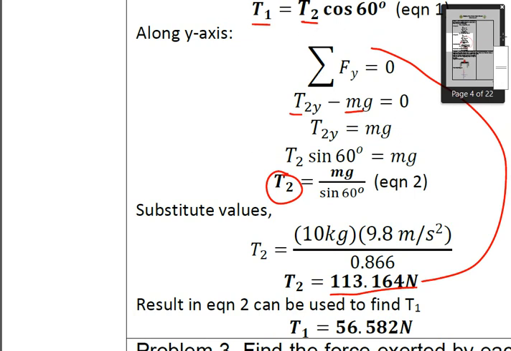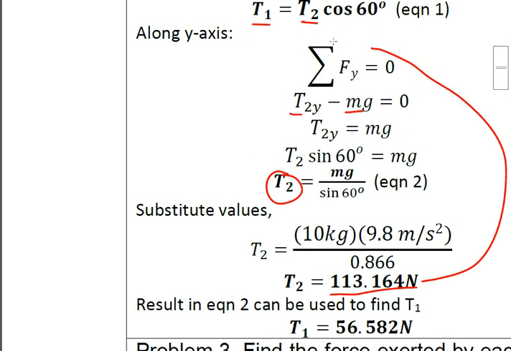Just use the value of t2 and plug that one in the equation. Okay, so that's it. So you have that, just purely substitution. Okay, so your T1 is 56.582. Now, if you're going to go back to the problem,